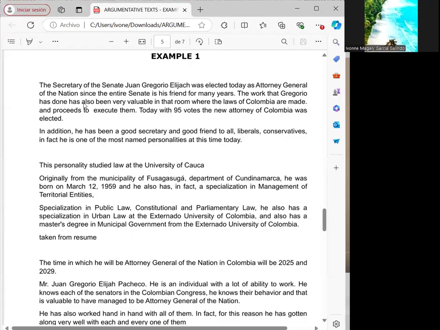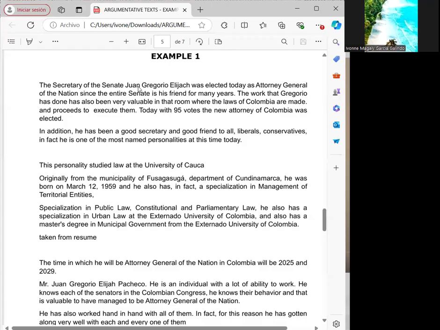So if you see, she's talking about Juan Gregorio, and she is giving a fact. He was elected as the general attorney of the nation, and that's all. And that's expository. She is not giving any